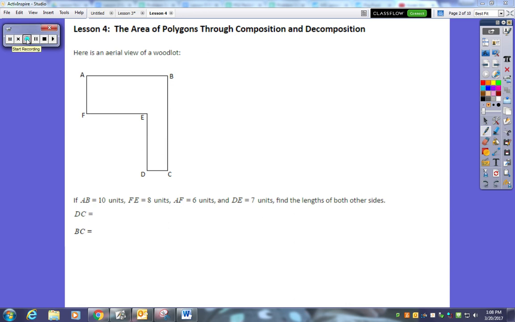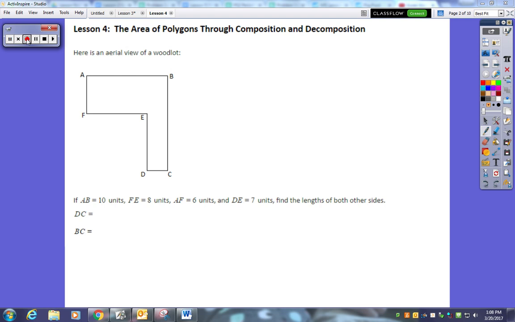Okay, so in lesson 4, the area of polygons through composition and decomposition, we're going to be looking at some irregular figures. Irregular figures are figures that don't have an actual name for the shape that they are. It's usually a combination of multiple shapes or can be broken down. So if we look at the first piece here, it's giving us an aerial view of